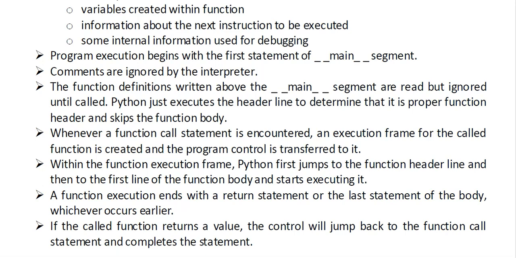Or if it is not able to run that function any further, or a condition has arrived that it is not suitable to move forward, then again it can come back. And that condition is the return statement. You just write return, that means go back. Python also comes back when it encounters a return statement. If your mom says go back, you will go back to your study room. Similarly, when you give the return command to the Python interpreter, it goes back to where it came from. Otherwise, it will complete all the statements that it has to execute.